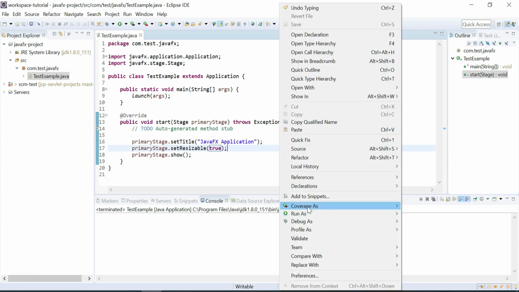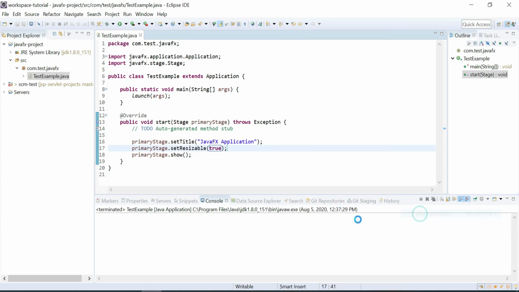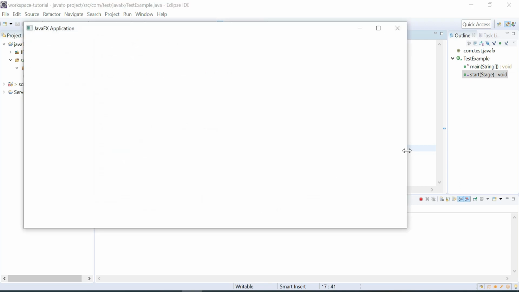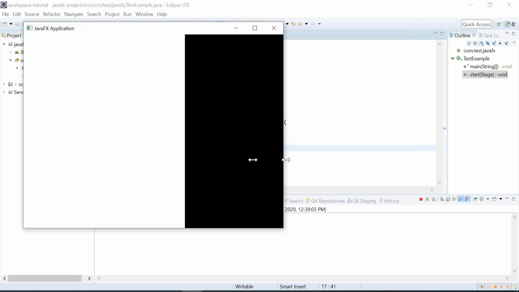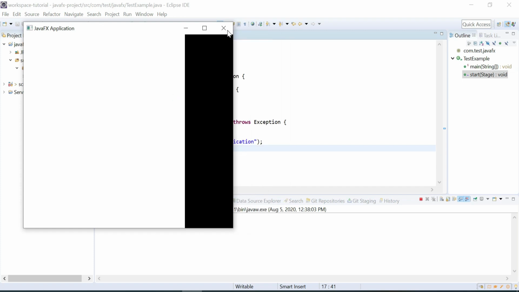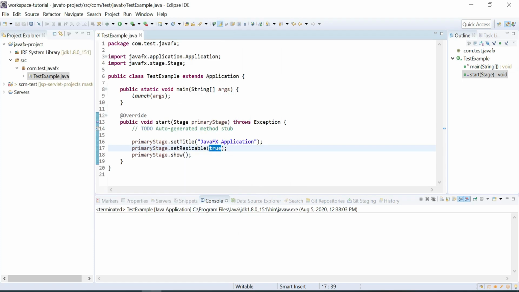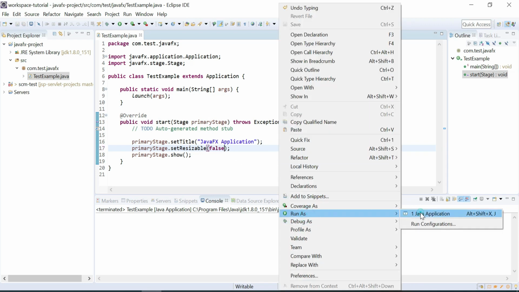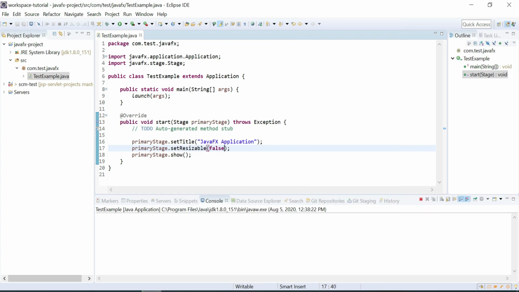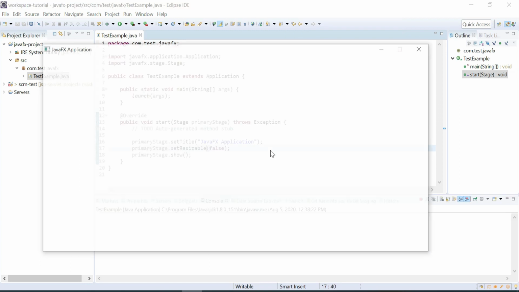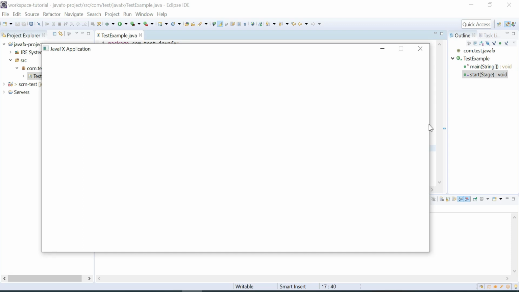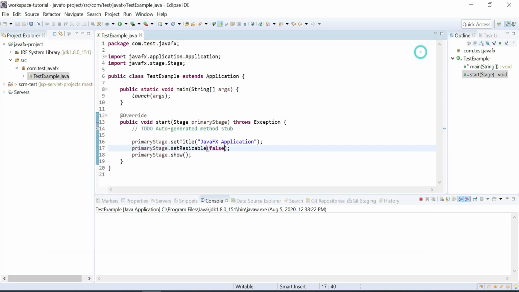Then it allows us to adjust the window size. Similarly, if you don't want this resizable, you can set false. So it won't allow the cursor to show the resizable option. Yes, it is not showing the resizable option.